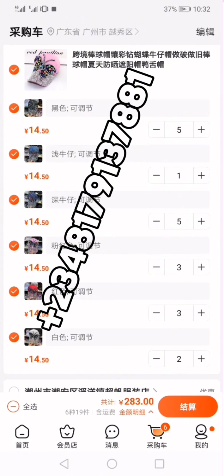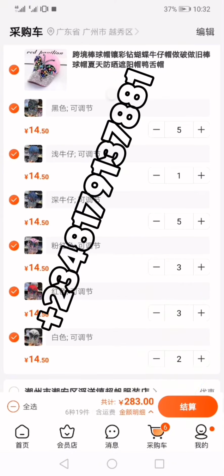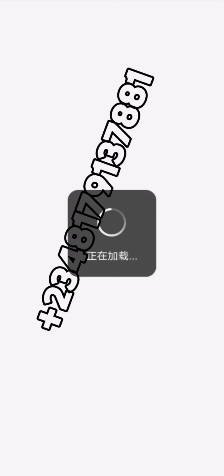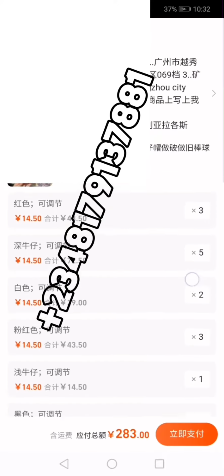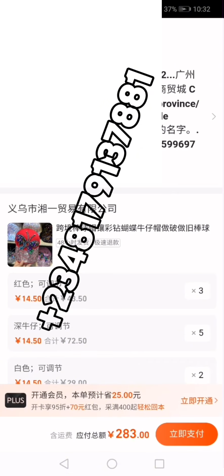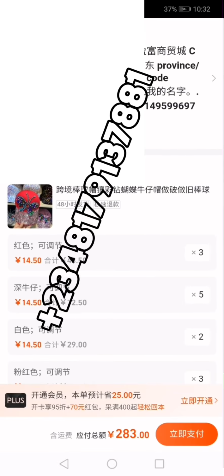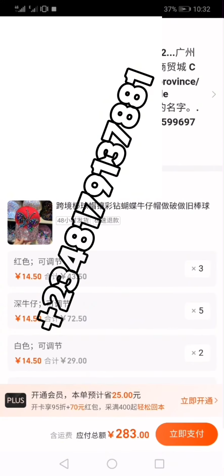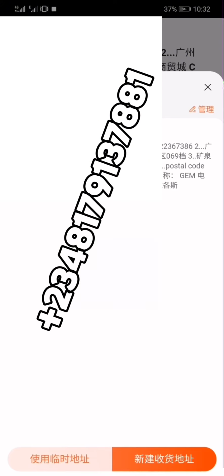So after selecting the product, I'm going to click on this button here, which means process order, or proceed rather, depending on what you see on your own. So I'm now here, and if you did not have any address on your 1688 account before, you will have a page that says you should set up a shipping address. But I'm already having an existing shipping address on this account, so I'm just going to change it. By doing that, I'm going to click on this forward arrow here,